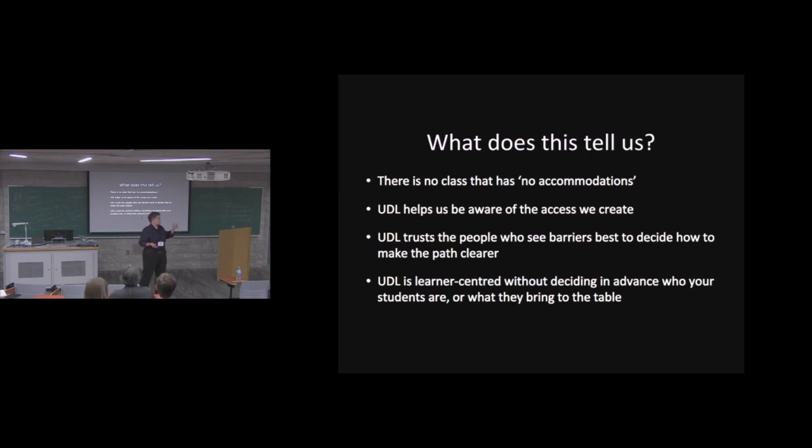It might be because they're a single parent. It might be because, you know what, I'm doing 5 courses and everything is due that week, so I'm going to do this instead, right? It might be, I can do this many papers and this many exams, and I don't have any flexibility in my other courses, right? So we don't know what people are bringing to the table. So if we give people options and allow them to be the experts on their own lives so that they are actually part of the learning community in terms of building what's happening, then that means we haven't assumed that we know who they are before they walk into the room. Does that make sense?